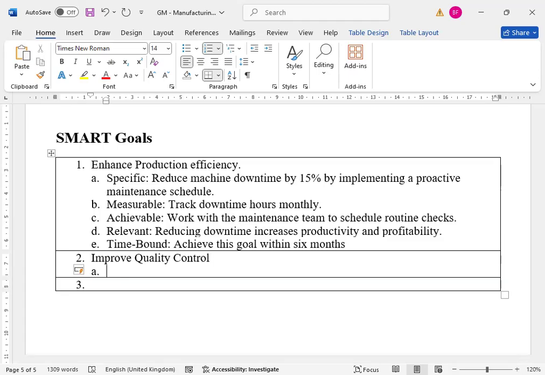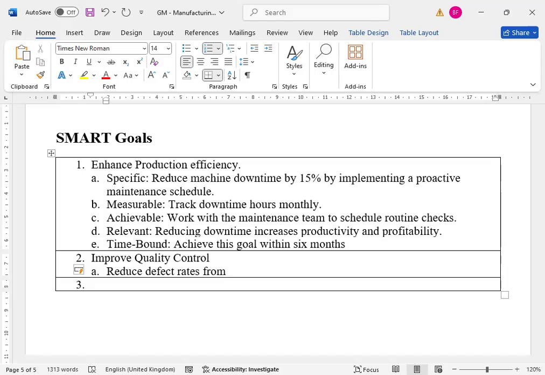So under the improved quality control, we're going to say reduce defect rates from